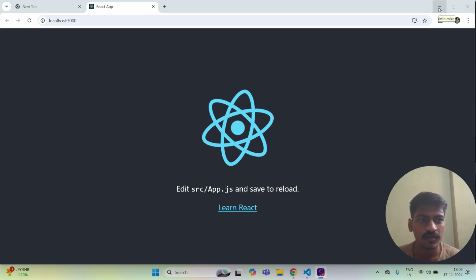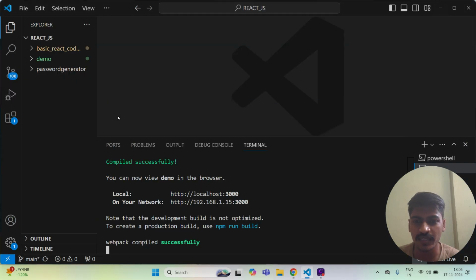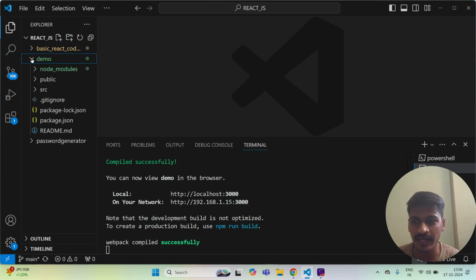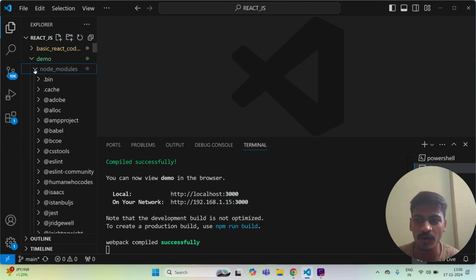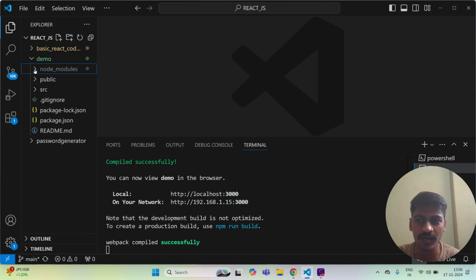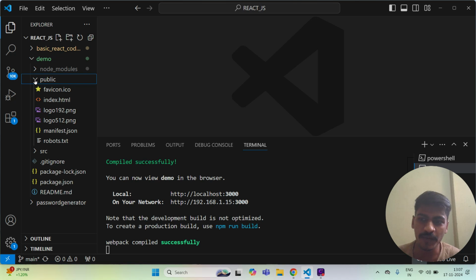By default, if we check the project structure of our React application, we get node_modules. Under the node_modules folder we have all the directories required to run our React application or web app with JavaScript. We have the default packages in the public folder.